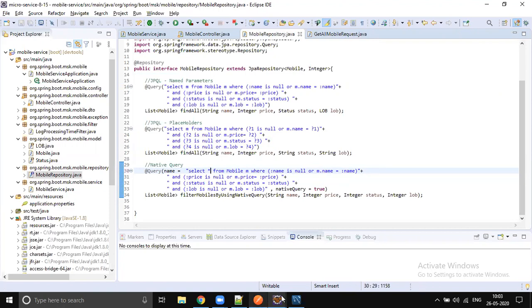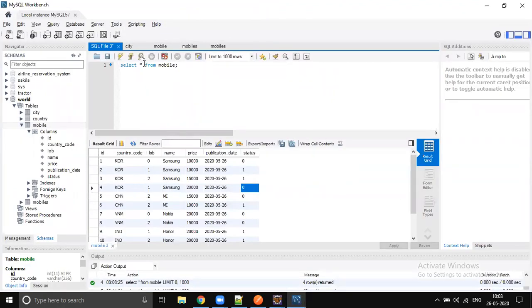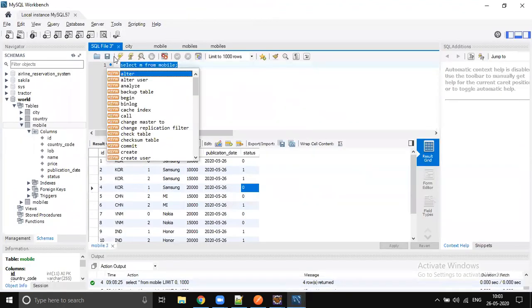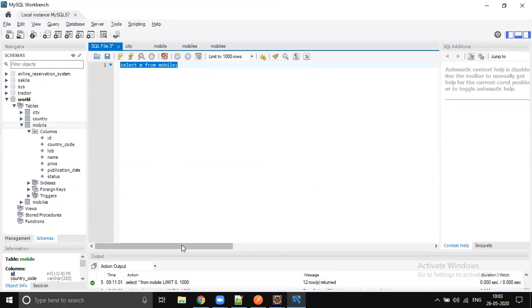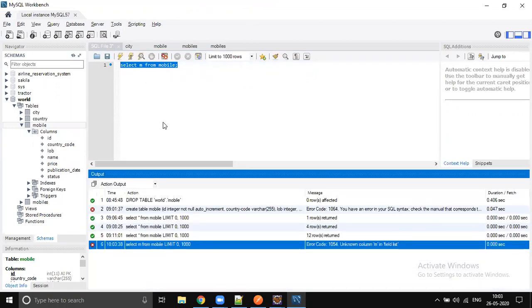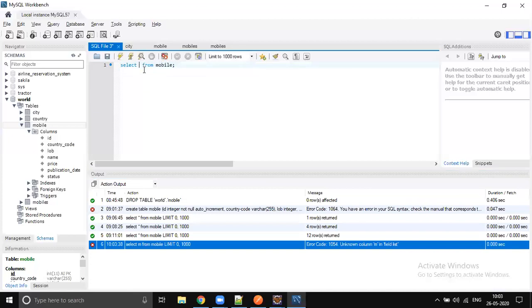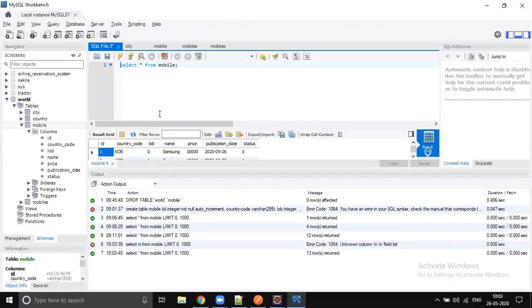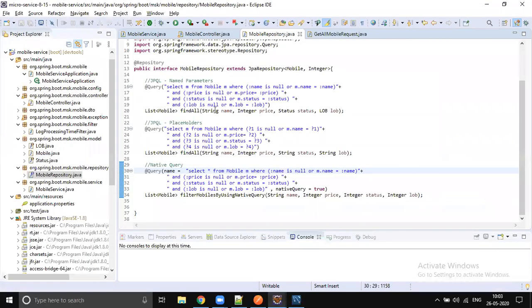If you select M from mobile, you get a query exception and it throws an error. What is that M? Just put star. The same problem here. It is a syntax problem. If I just make the change and start the application, it should work now.